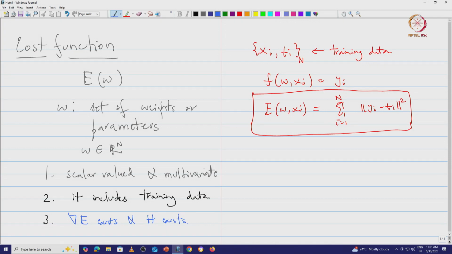Okay, so these are 3 very important properties of the cost function that we want to keep in mind when we are arriving at the gradient descent algorithm. So the way we are working today is how to arrive at the gradient descent algorithm computationally. At the end of the day we are trying to make it work on a computer, which is all discrete in nature. So we will keep that in mind.